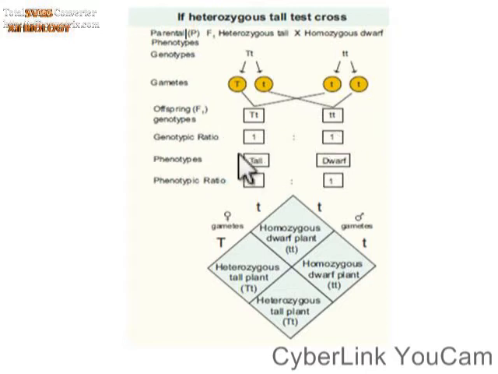When the genotypic ratio comes, here it is a 1:1 ratio. When one dominant allele is present, the dominant allele will be expressed. If both are recessive, the recessive allele will be expressed. The phenotype is the expression of the genotype, that is, the result we get. So we get a tall plant and a dwarf plant. This is the phenotypic ratio of 1:1 that he got in the test cross. This is the Punnett square, which shows the probability of forming the progenies.